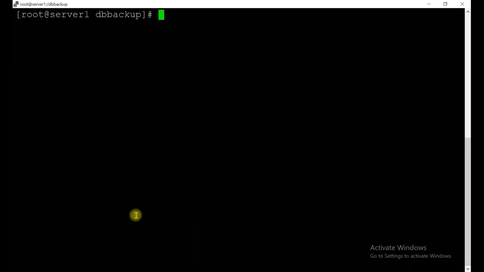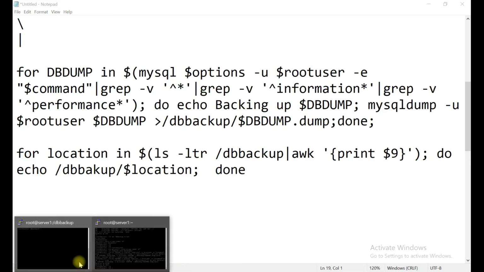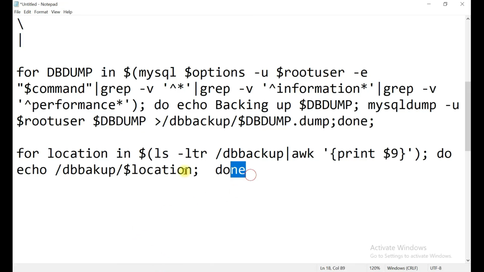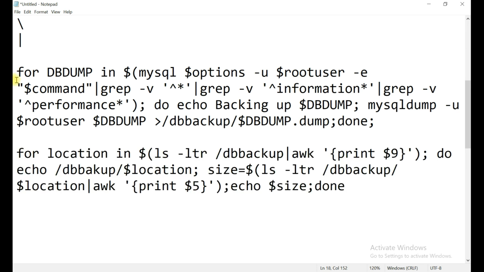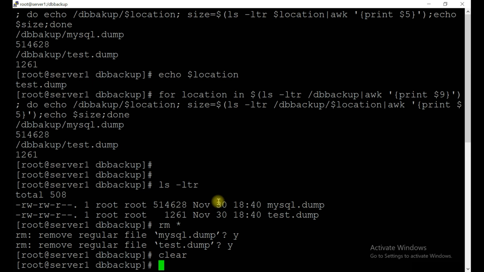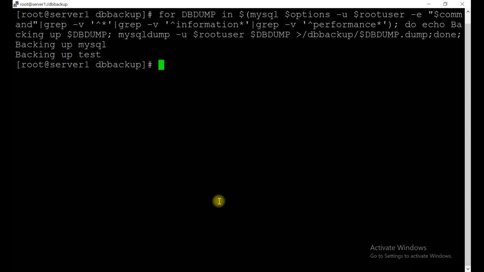Okay, first, let me copy the other command, the one we created just now. Okay, we just replace this one. First we will execute the backup. Clear the screen. Done.